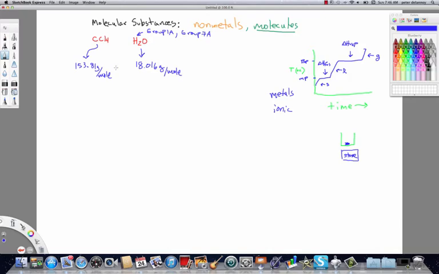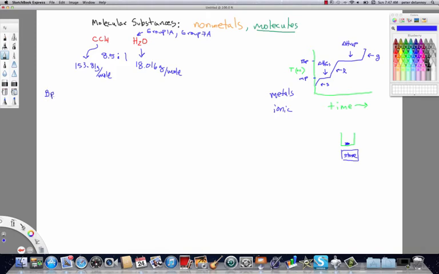So you see there's a significant difference in molar mass between these two particles. It's about 8.5 to 1. In other words, the carbon tetrachloride is 8.5 times heavier than the water is. So carbon tetrachloride is a significantly heavier molecule. It has a much bigger molecular volume to it. Now, but for comparison's sake,